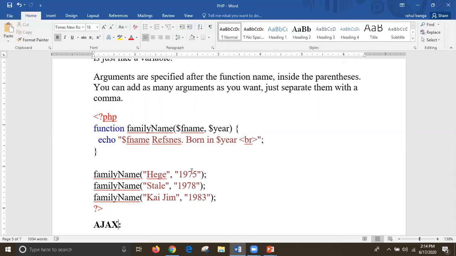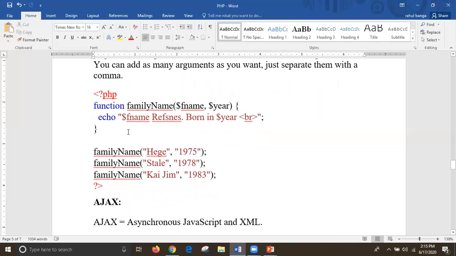If you want to use a default value in a function, if you don't want to pass any value to the function and want a default value, then you have to use a default value inside the script at function declaration time. That means when we are creating a function, we have to add the default value itself. That means when the function is called and the value is not passed, then the default value is fetched and displayed on the output screen. So default values can also be used in PHP.